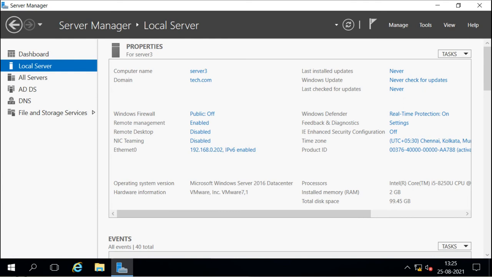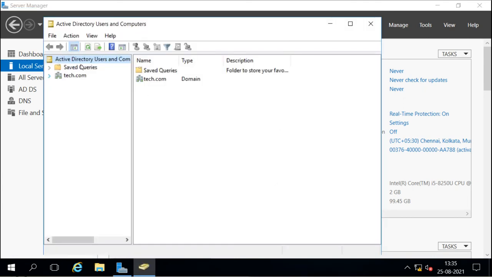So in Active Directory Users and Computers, we can see this is the domain name. It is saying tech.com. You can't understand that this is a tree domain. You will not know that this is the tree domain by seeing Active Directory Users and Computers. Now it is having a different Active Directory here.